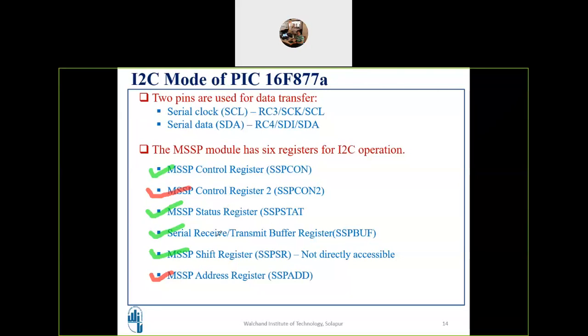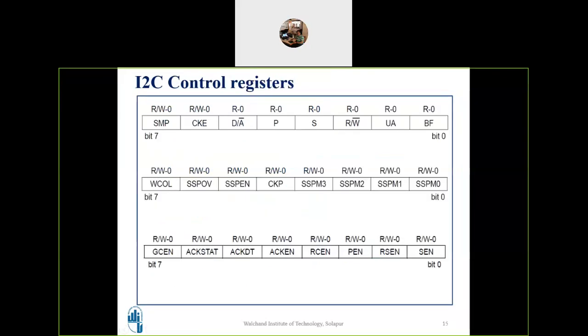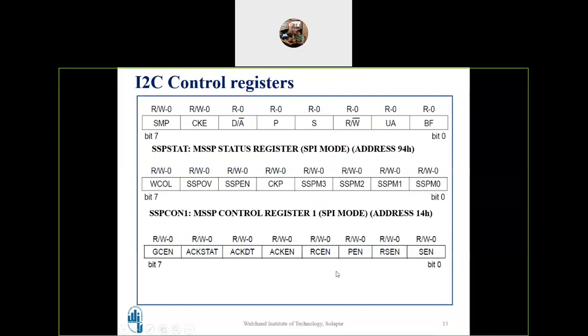I suggest that as far as the university exams are concerned, nobody will ask you the register formats for this I2C, remember. But what you should know about I2C is how many pins are required, at least which special function registers are used, and what that interface can be. So just for view, these are the special function registers: SSP STAT, SSP CON1 and SSP CON2.